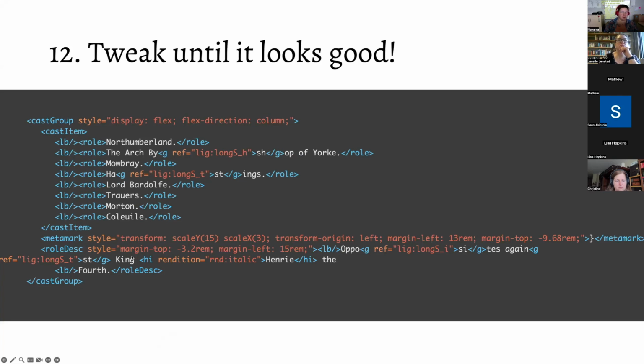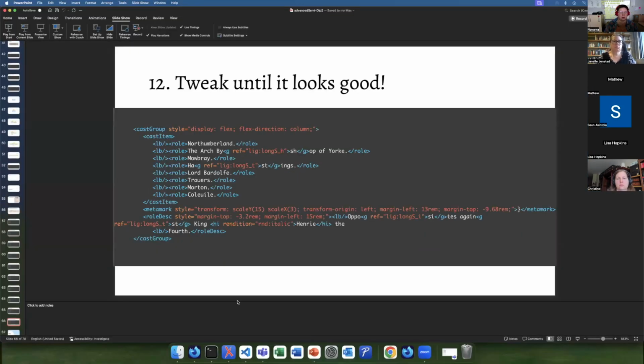So when we encoded this, the person who was working on it said, oh, you know what, this looks a lot better if I also add style to the role desk and add some margins in there. So that's what they did. And it looks pretty good. So if we go back to our browser,